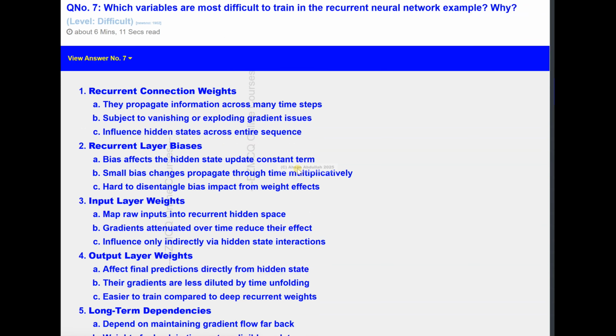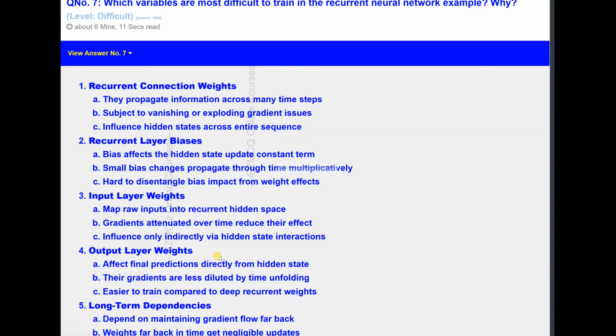So we move ahead and we start with these subtopics, so to say, or the bullets. So, recurrent connection weights. Now these are used at every step to propagate the hidden state, and since their shared influence across time, they are prone to vanishing or exploding gradients during training, which kind of destabilizes the system. And this is very true for long range dependencies.